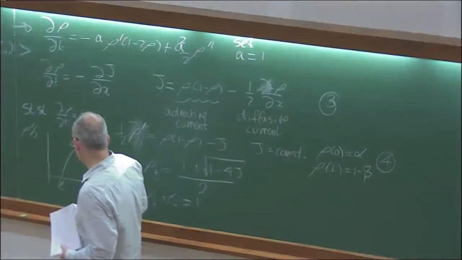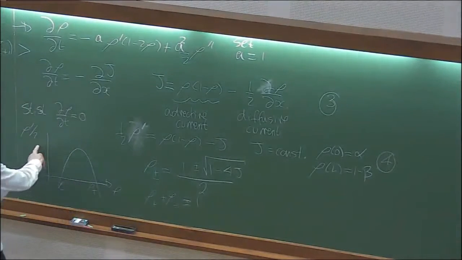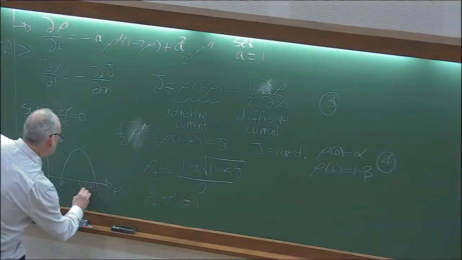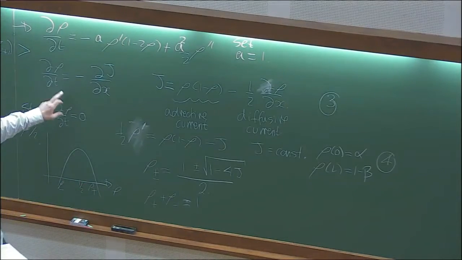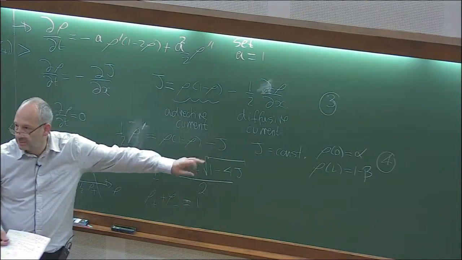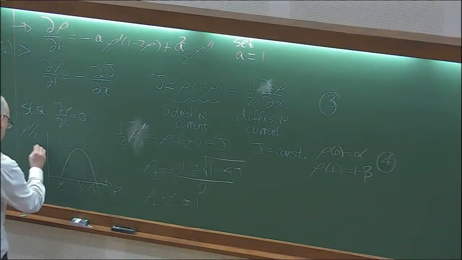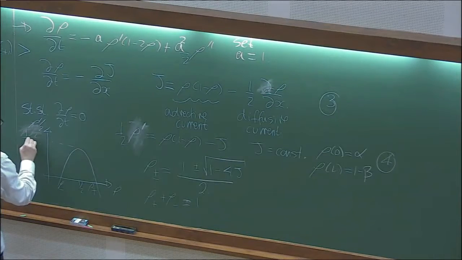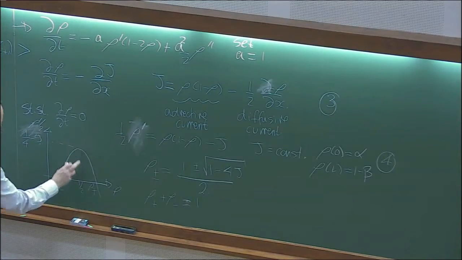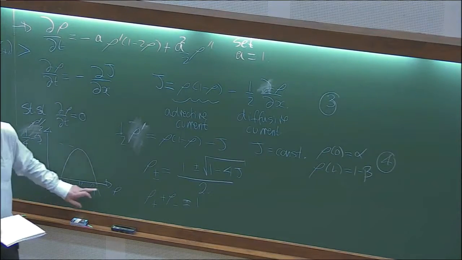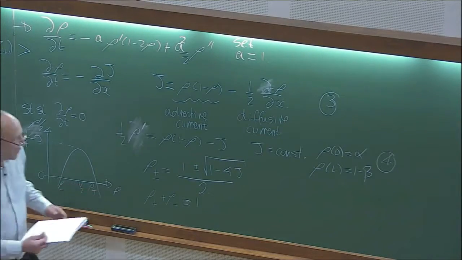In fact, the maximum value of the parabola is when rho equals a half. So the maximum value of this function, if rho equals a half, is a quarter minus j. To have this bigger than 0, I need j less than a quarter, right, to have these two fixed points. So now I can sketch